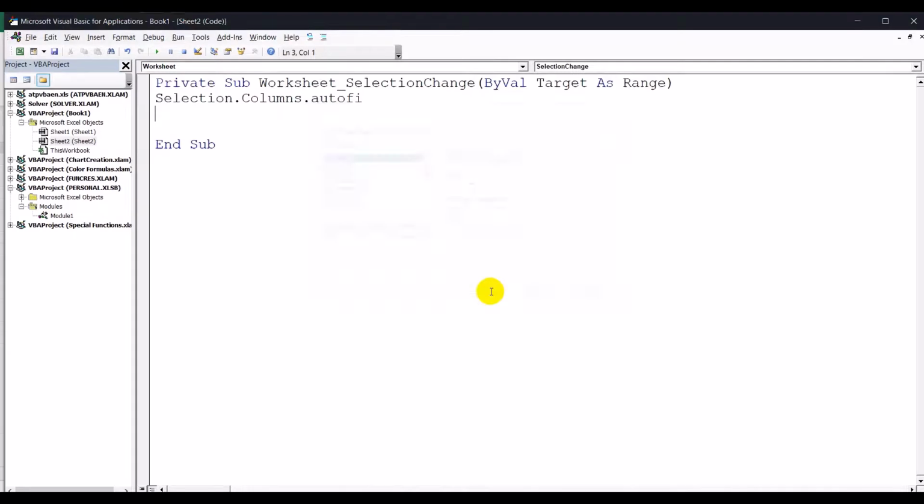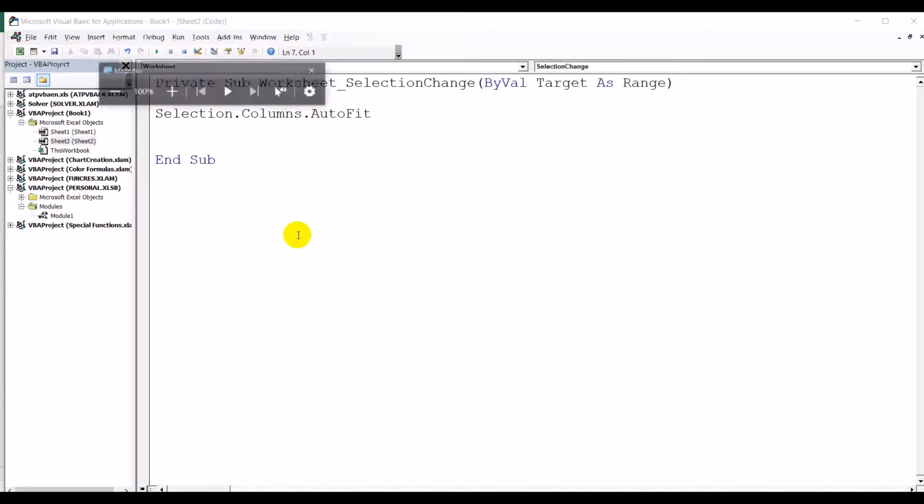Yeah, I think you guys can see now. Private Sub is automatically activated since you are selecting the event SelectionChange. In that event, whenever you select any cell, whatever code you have written, that is Selection.Columns.AutoFit, needs to happen.